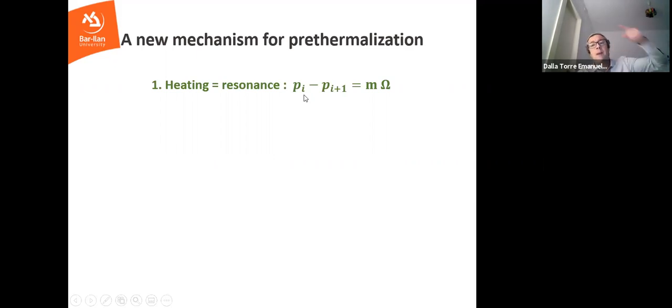It tells you how much the rotor rotates as a function of time. This is just the angular velocity of the rotor, and you can compare the angular velocity of the rotors, pi and pi plus 1, with the drive. So omega is the pump. It tells you how much the drive is rotating. Pi and pj are dynamical variables. They're just telling you, look at the rotor: you see whether the rotor oscillates fast or slow.